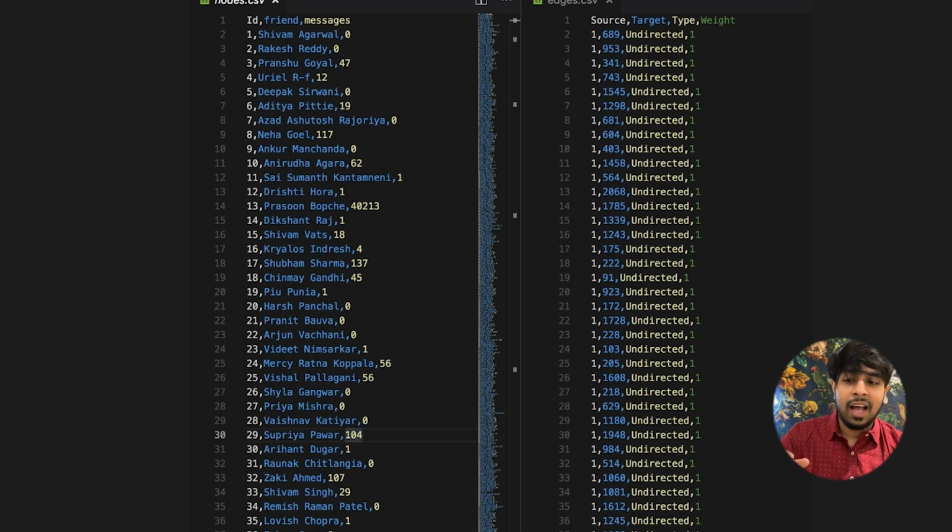I cannot say how much they talked with each other, otherwise that would have been a nice proxy for that weight. But we just know that if someone is a friend, then 1, if they are not, then it's a 0, right? So in the edges file, we are just mentioning people who are friends with each other. So source and target, they are exchangeable. So the source is friend number 1, so that is Shivam, and the target is the other friend, right? So friend number 689, 953, 341, all of these are friends with Shivam, and so we have mentioned them, and